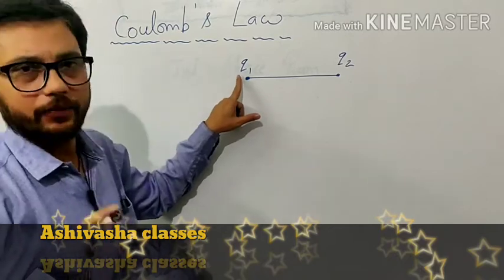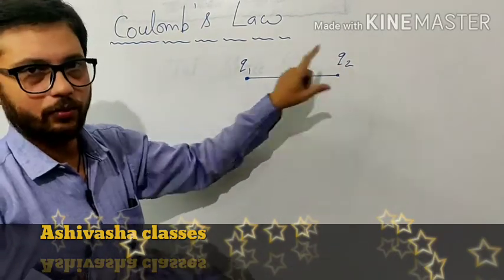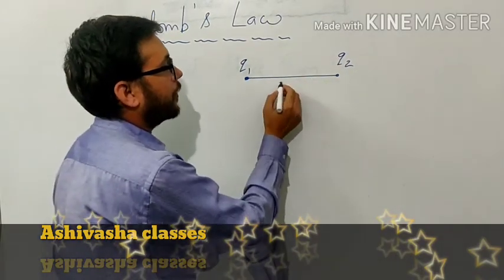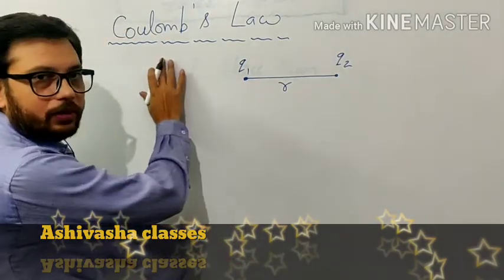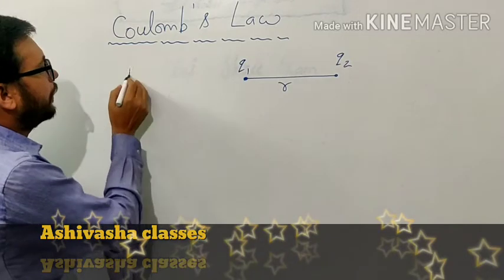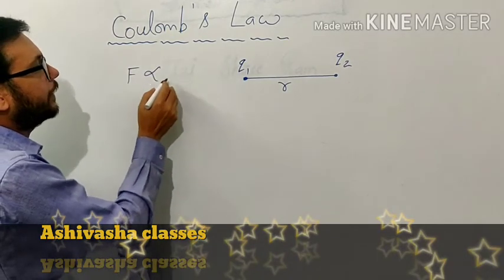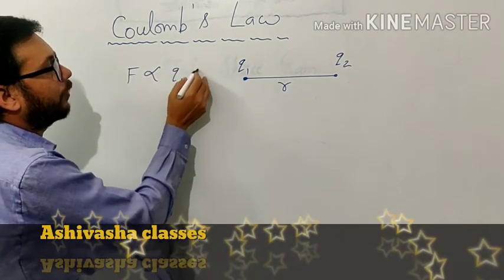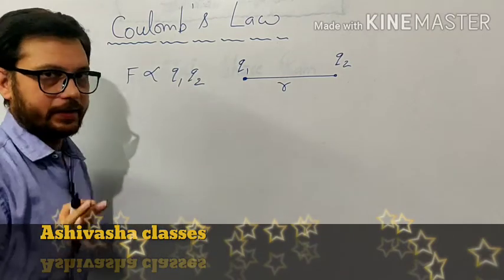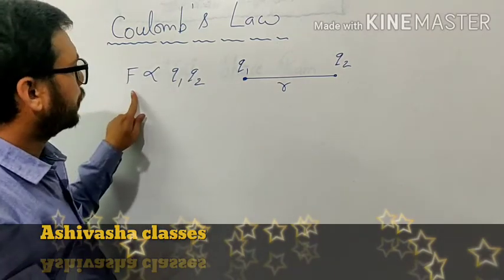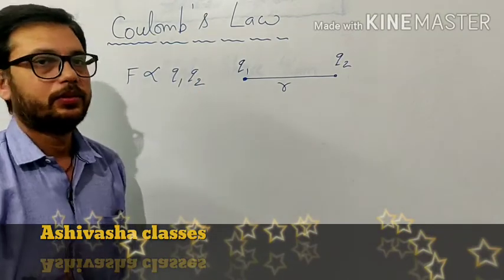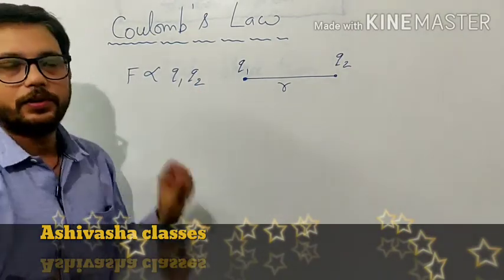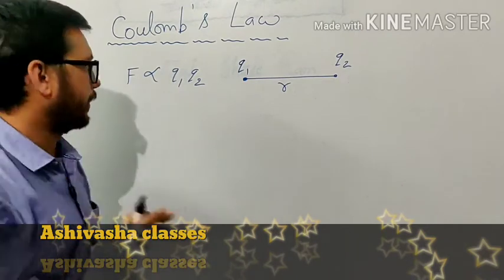So if we have two charges Q1 and Q2 and the distance or separation between them is R, then according to Coulomb's law, the force between them is directly proportional to the product of the magnitude of the two charges